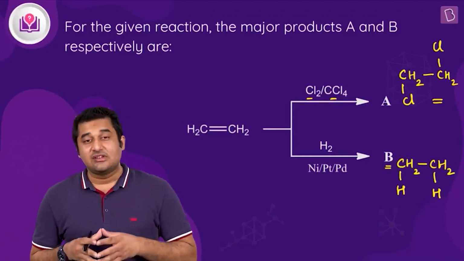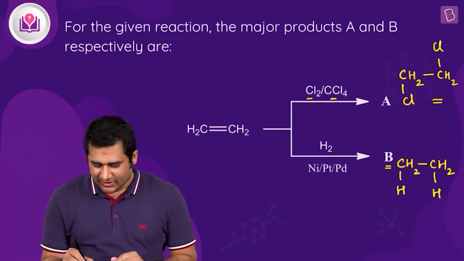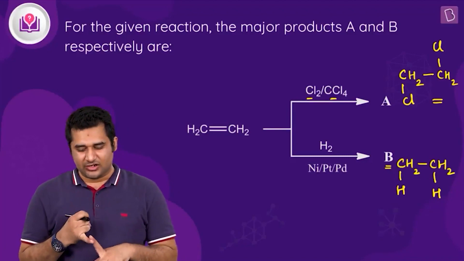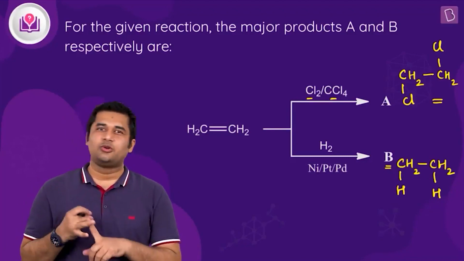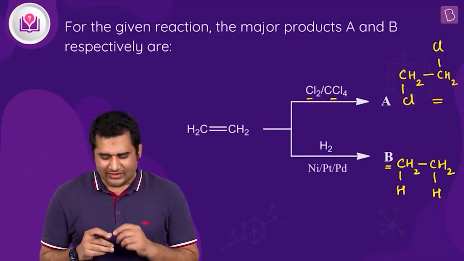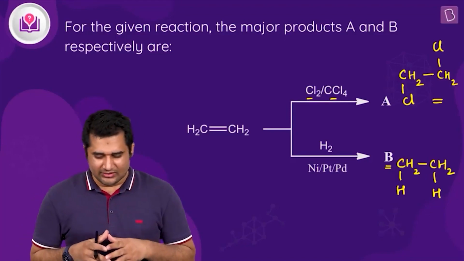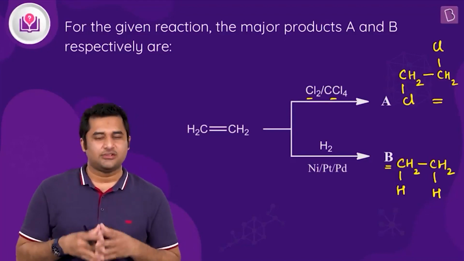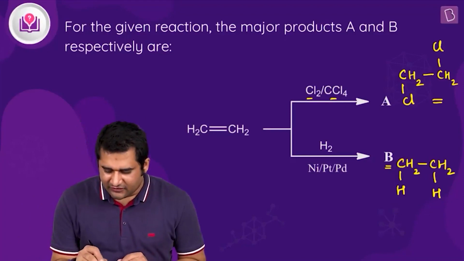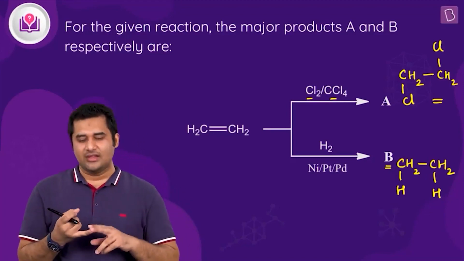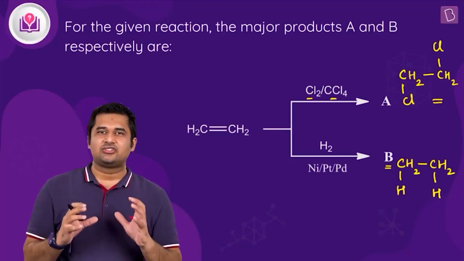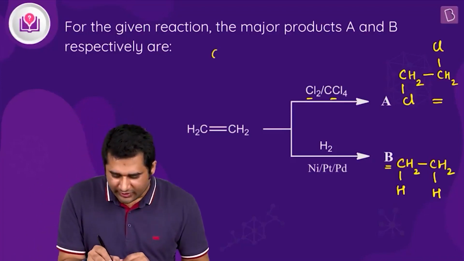Alright, so in this case we are getting simply ethane. Ethane is the product B and product A is 1,2-dichloroethane. Understood? And yes, let me tell you a little more about this reaction wherein the A is the product. So now you can see in this particular reaction where A is the product, first of all, the Cl-Cl attaches to the alkene. Let me tell you how it happens.